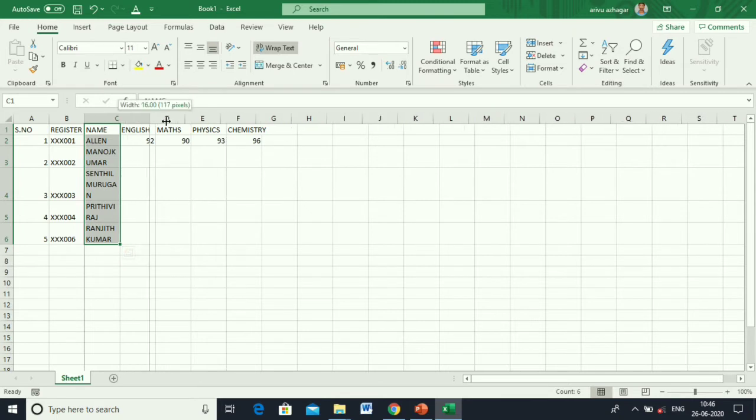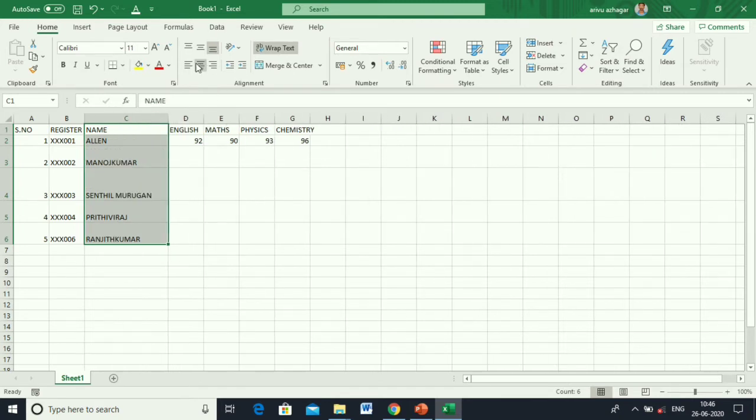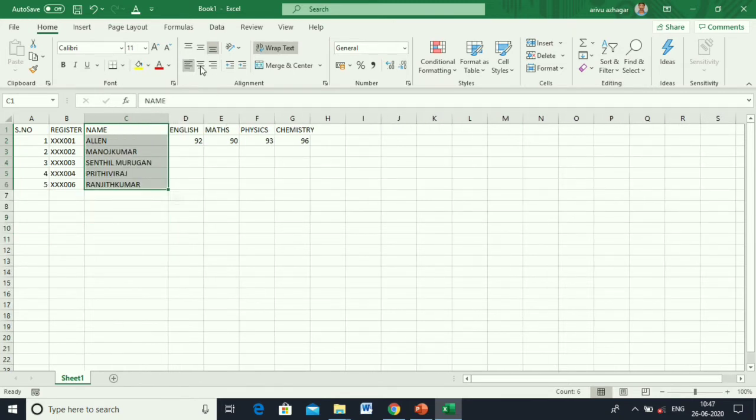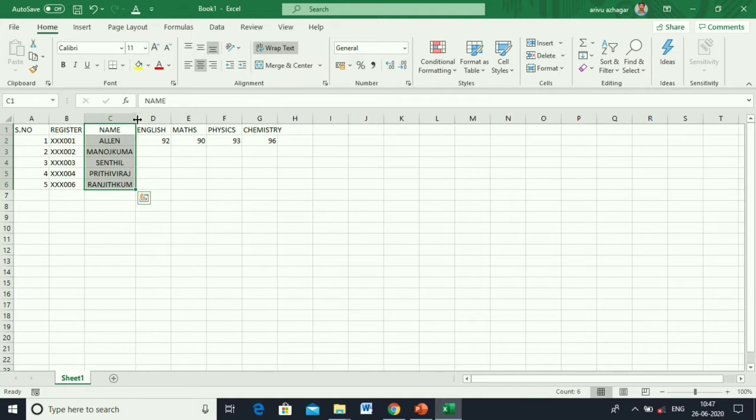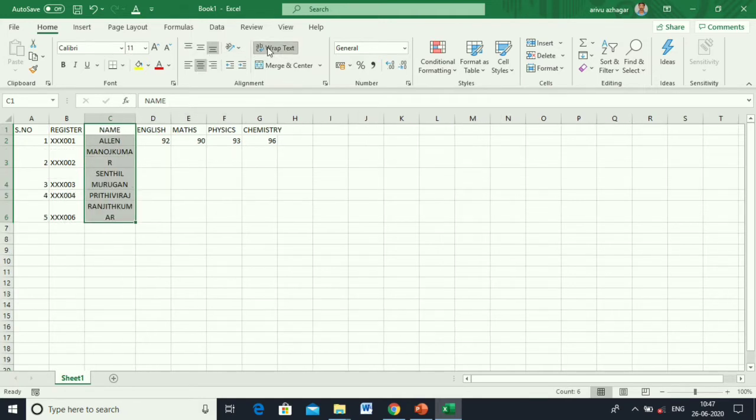Cell alignment: left, right, center, then top, center and bottom.